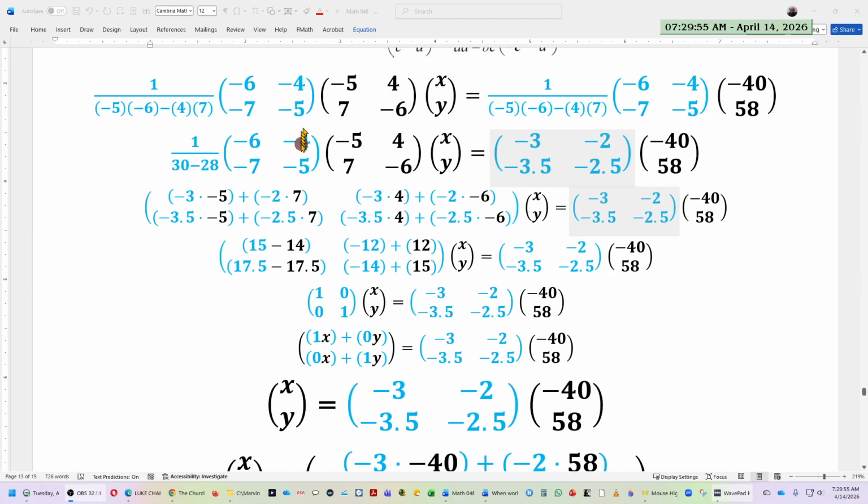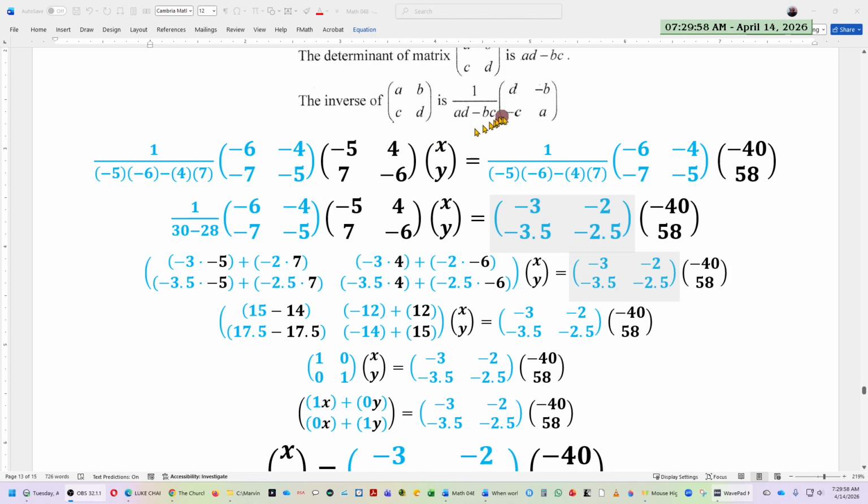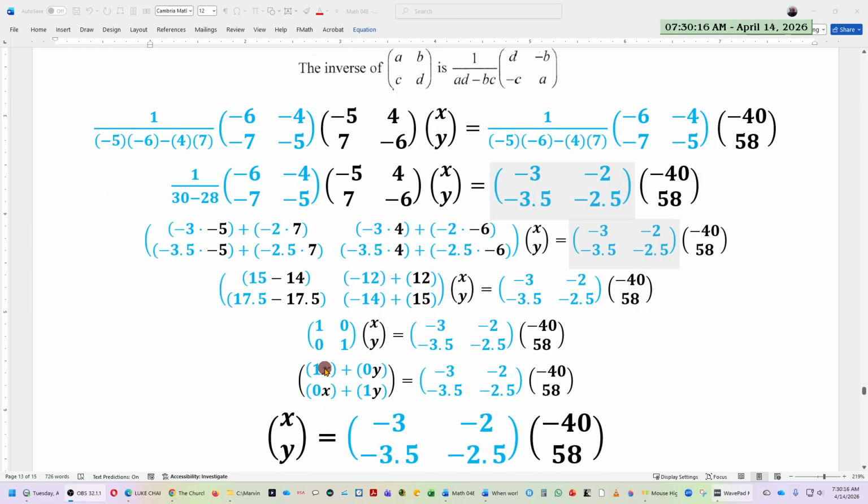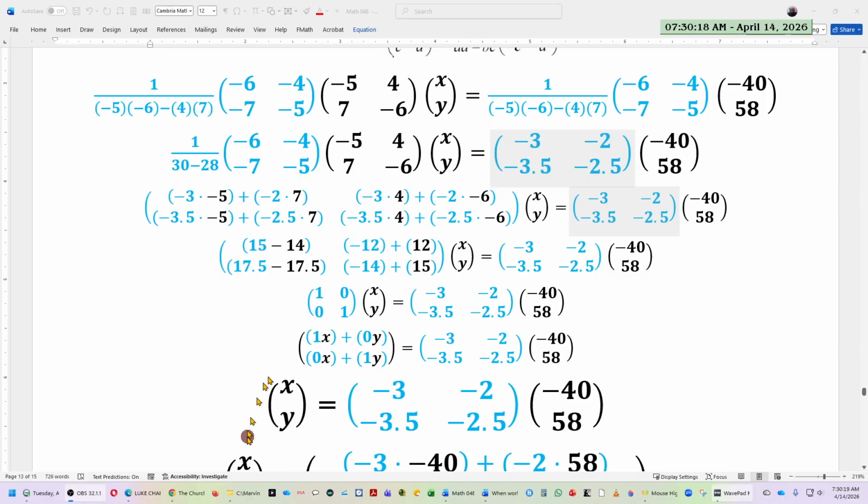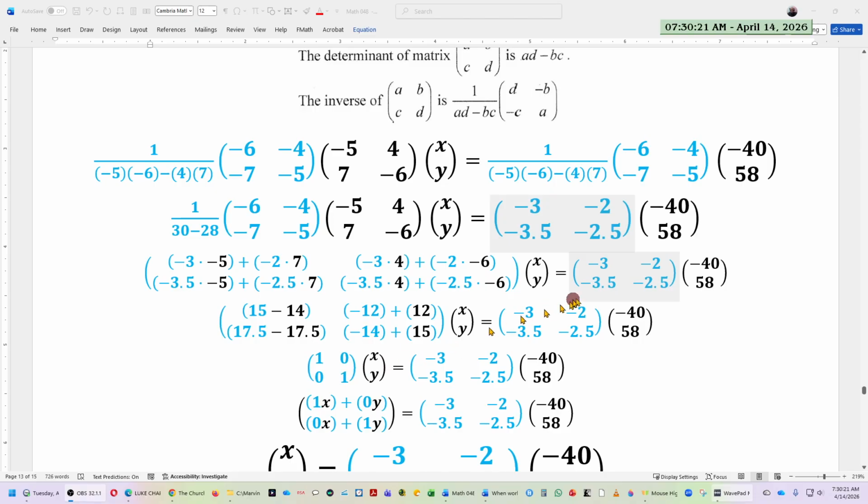So the left side, once you set up your inverse, you can immediately just assume that this inverse will sort of eliminate this matrix here. When I say eliminate, we're just setting it up so that it's basically the number 1. And so once something is multiplied by 1, you don't have to show the 1. So basically what we want to look at is the right side, which would be the minus 3, minus 2, minus 3.5, minus 2.5, when it multiplies the minus 40, 58 column matrix. That's going to give us